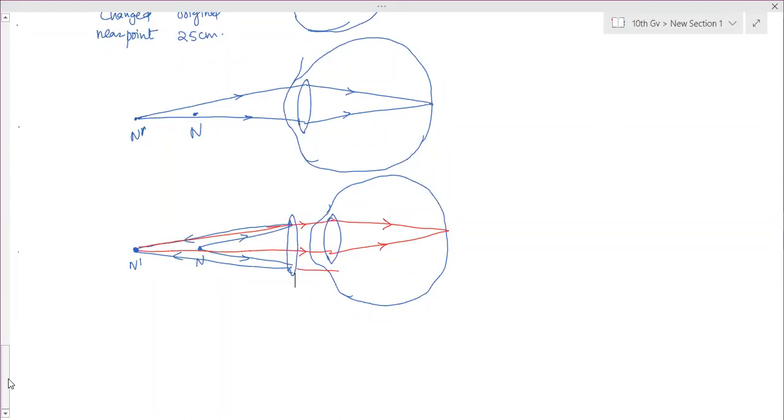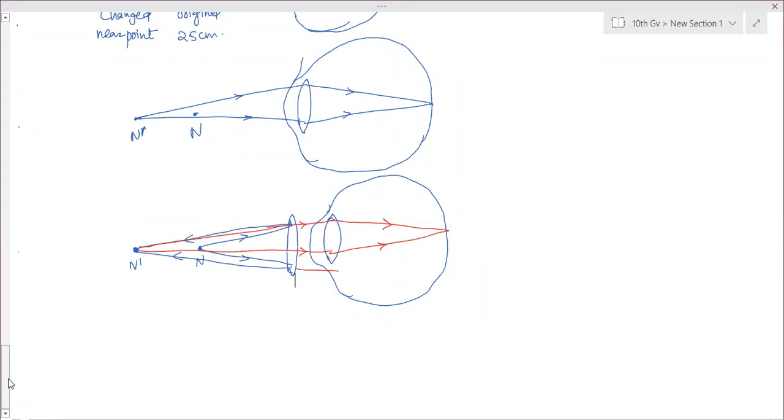The ciliary muscles are continuously contracting and relaxing for about 50 years of age. After 50 years, depending on the health of the person, the ciliary muscles start weakening. The person starts facing problems in reading and writing, because while reading and writing the person has to hold the books closer. Due to this, the person is not able to read and write. That means he has the problem of hypermetropia.